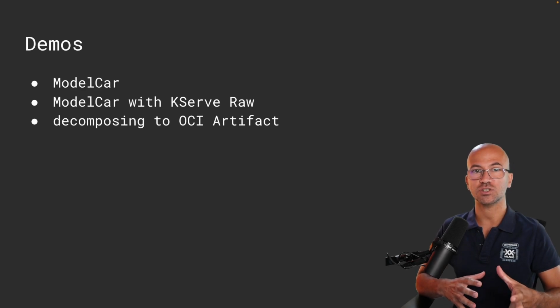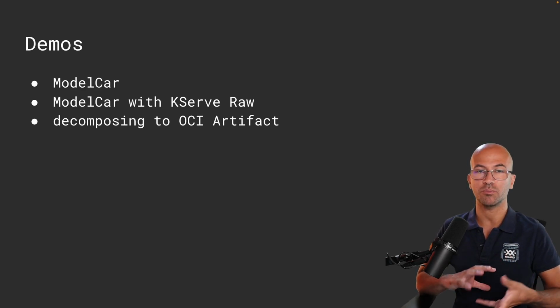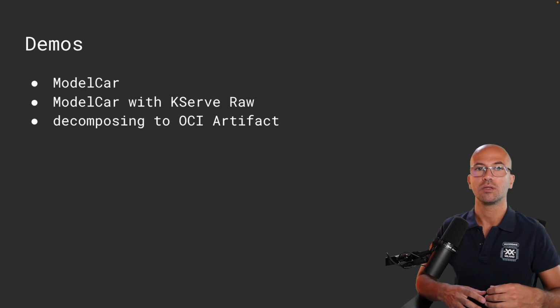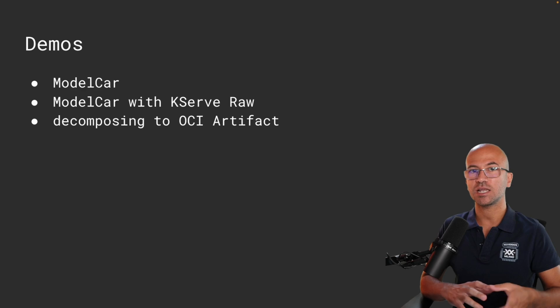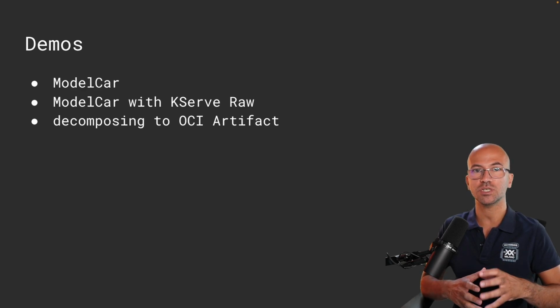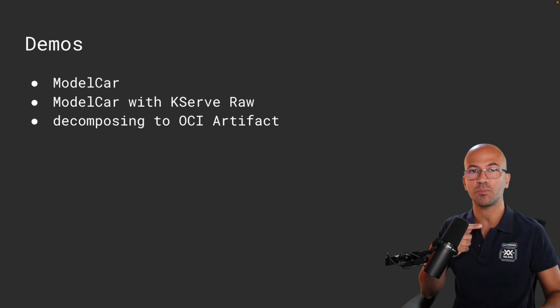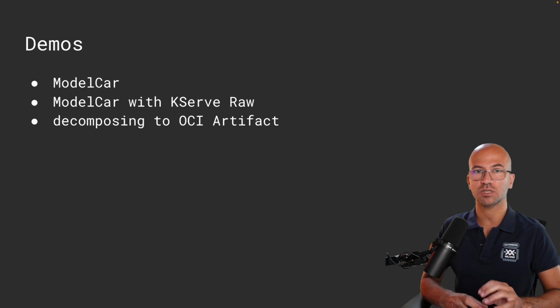Then we actually saw the power of composition that this underlying OCI infrastructure enables us to do. We saw, for instance, that the ModelCar works the same in a KServe Raw environment, and we saw that in action too. Then finally, we saw the power of composition going in the opposite direction, and we destructured the ModelCar just to take again the OCI artifact. So what we did, in a KServe Raw environment in this case,